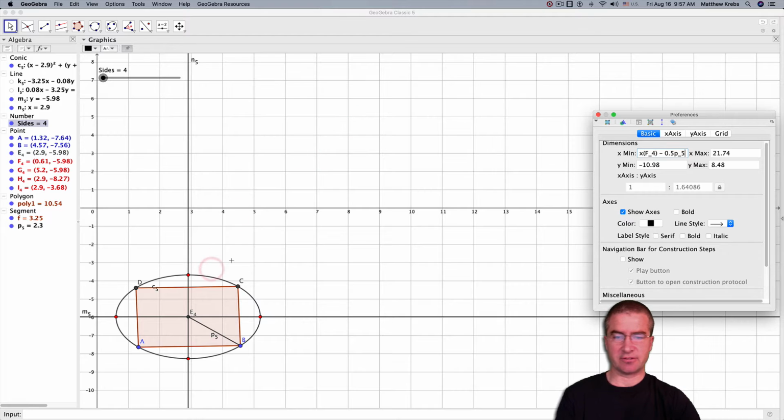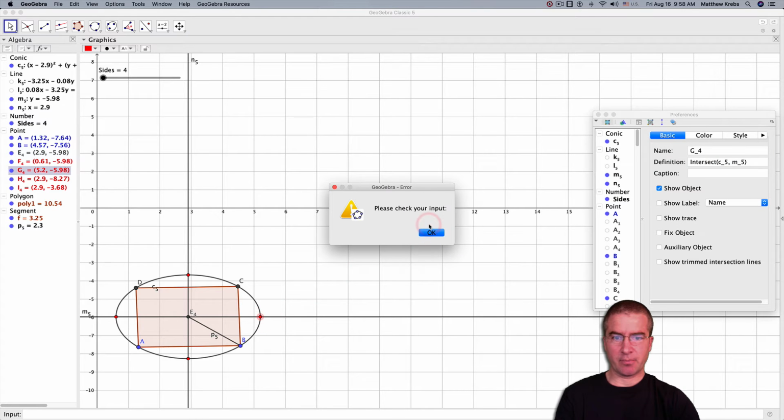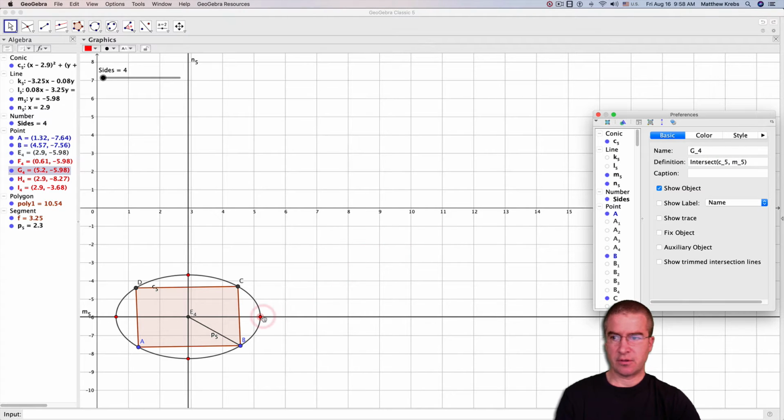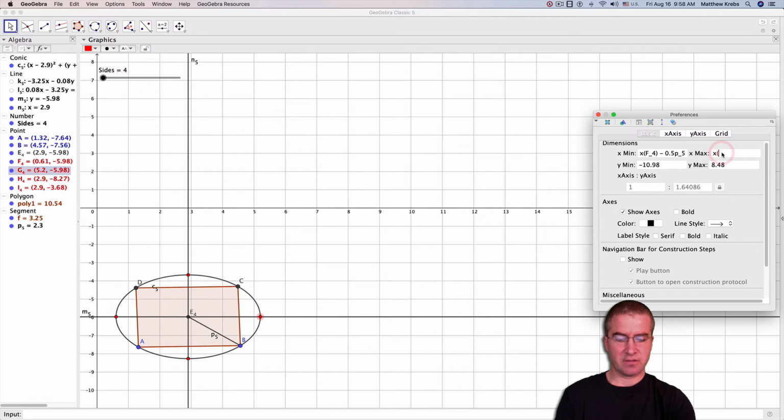So that's just like that. Now we're going to repeat the process for the next ones too. We want the x maximum right here. For the x maximum, what's the name of this point right here? The name of the point, this one right there, is g_4. X of g_4